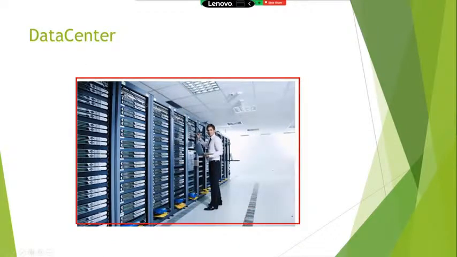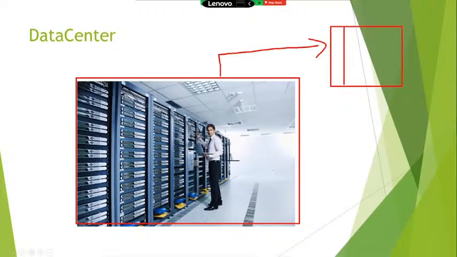First thing, to maintain our own data center, we have to purchase or construct a building. That building should be constructed as per the rules, regulations and guidelines provided by the government. Why?